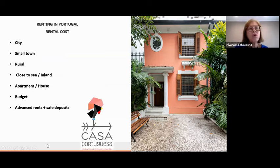We are beginning with some questions. When you are thinking about renting a place in Portugal, you have to think about a few points, right? First, you have to decide where you would like to live. In the south, in the north, more inland, close to the sea. We usually send you a questionnaire, a few questions for us to feel what you need and what you like, okay? So after you decide about the location, the area and everything,